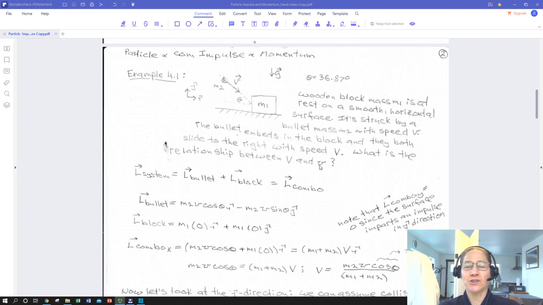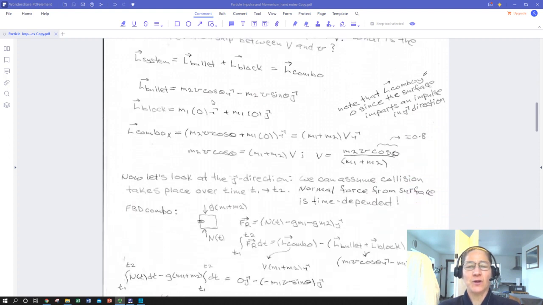So what's the relationship between little v of the bullet and big V of the bullet-block mass? To approach this, we can invoke our momentum of the system equals the sum of the momentum of the system components. So we can say L system is L bullet plus L block,